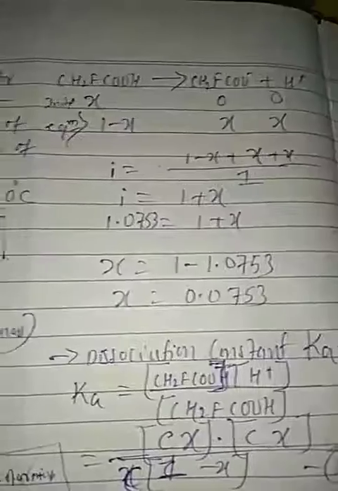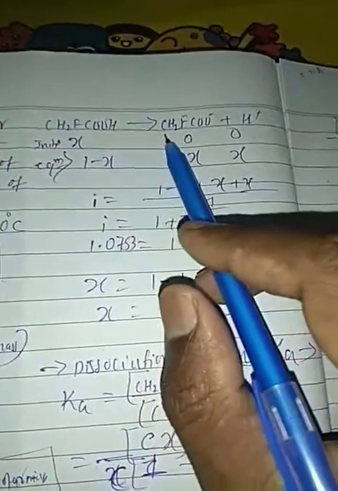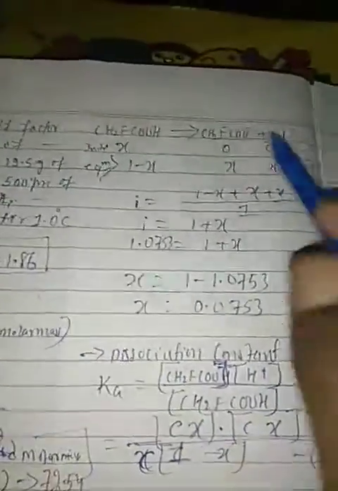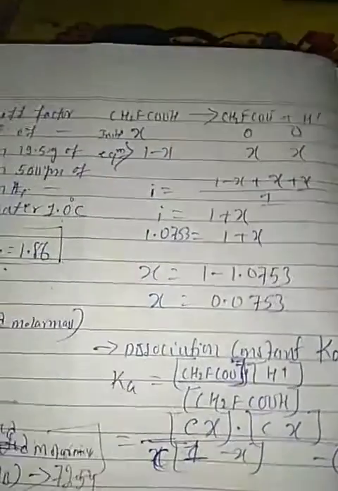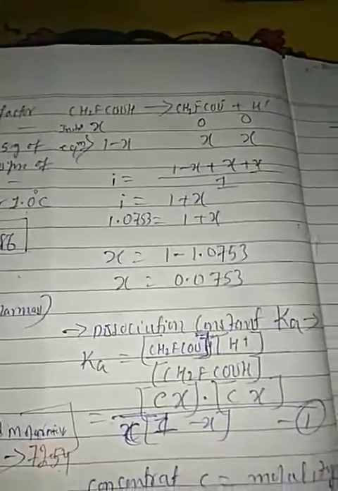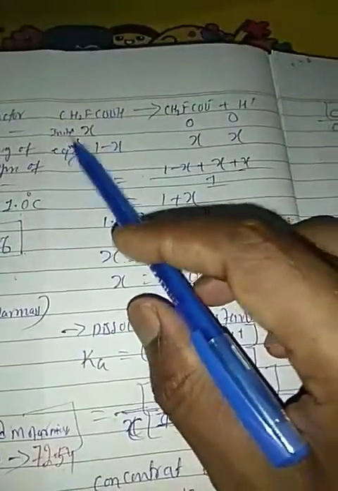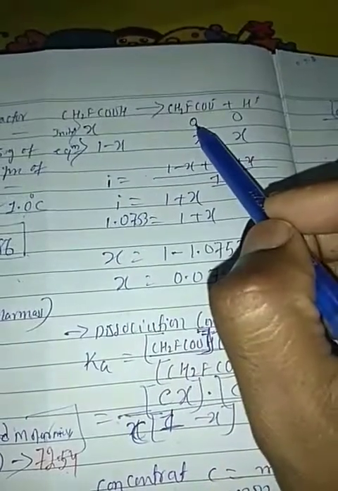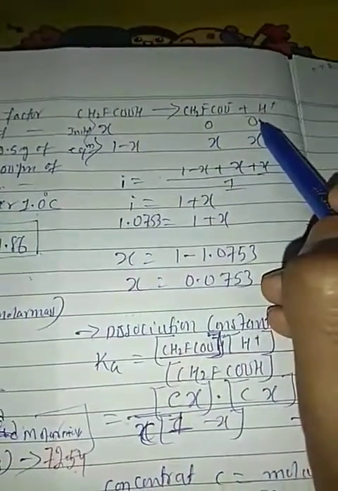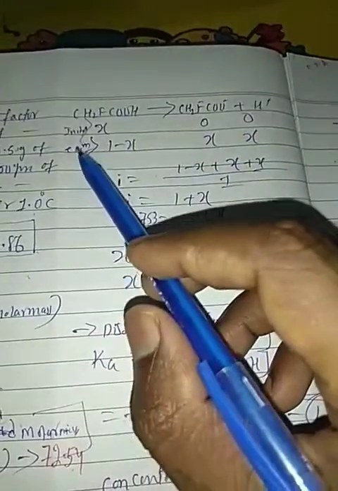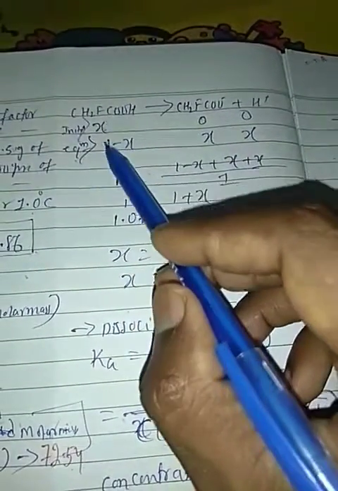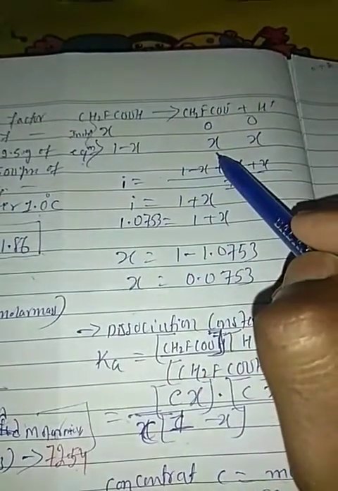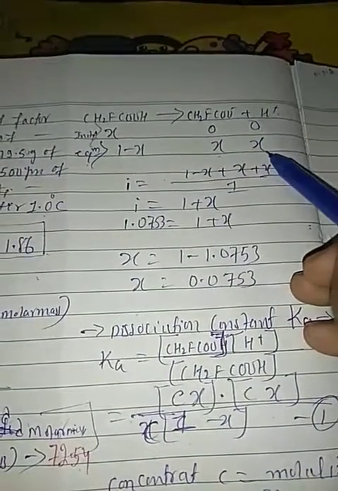Yes, friends. Next, students, the fluoroacetic acid dissociates into the fluoroacetate ion and hydrogen ion. This type of example we have done in the equilibrium chapter, students. Many examples we have done in the equilibrium chapter. So this is the initial, students. Initial is considered as 1 mole; for the products the initial is 0 and 0 because it has not dissociated. At the time of equilibrium, of the 1 mole, x moles are dissociated, and that x mole is transformed into fluoroacetate ion and hydrogen ion.